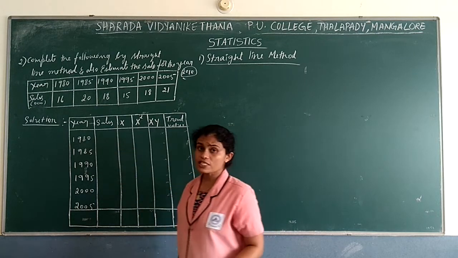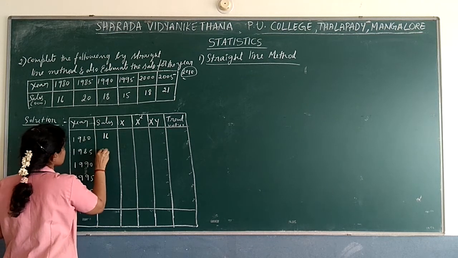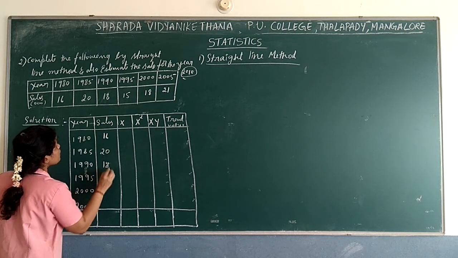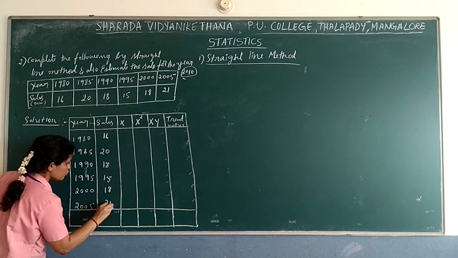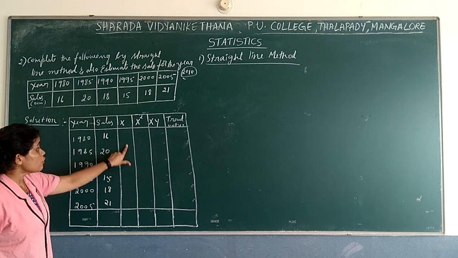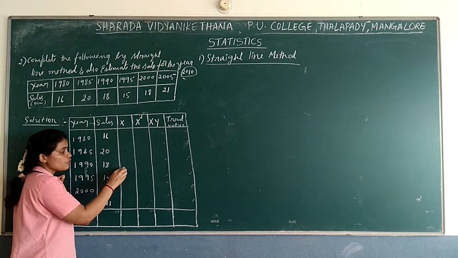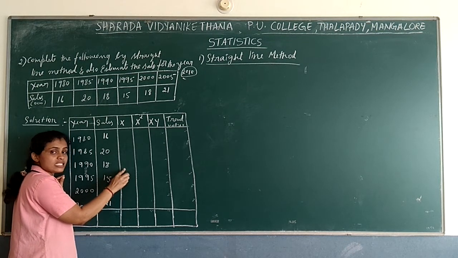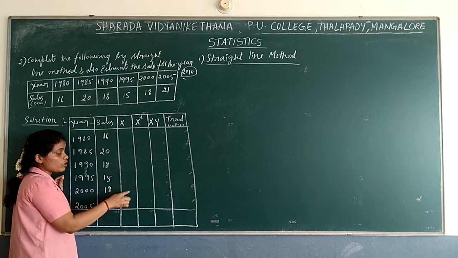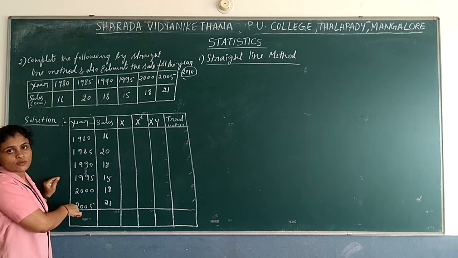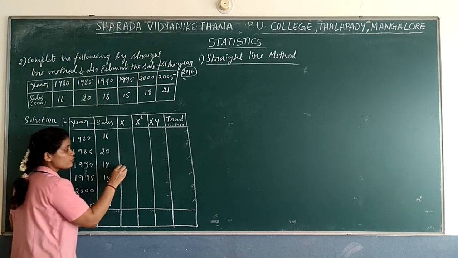Now, firstly we write the sales which they have given: 16, 20, 18, 15, 18 and 21. And as I said, while allocating x, if it is an odd number of series, we get a middle value, we allocate it as 0. Then we go like -1, -2, -3 and 1, 2, 3. But here we have an even number of series, so we are not allocating 0 for any of the values. We start from -1,